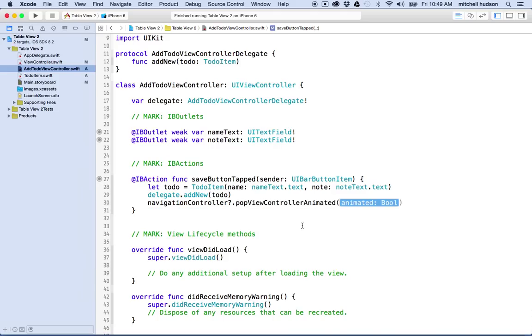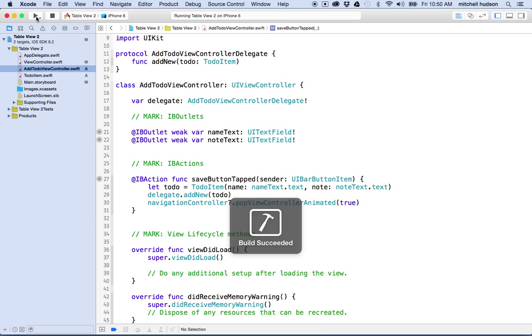So pop view controller animated says just pop the current view controller off the stack and go to the previous one, right? And then animated means, is it an animated transition? True. If it's not animated, false. Okay, so I'm going to put true in there because I want to do the animation. Okay, so it's going to be navigation controller, pop view controller animated. Okay, and I'll click test again,